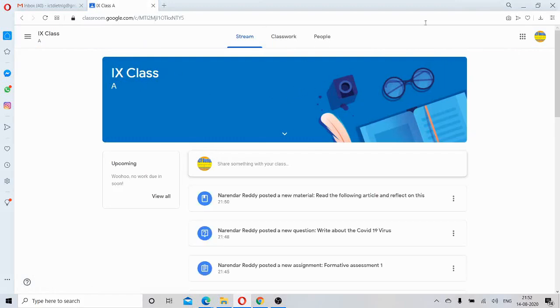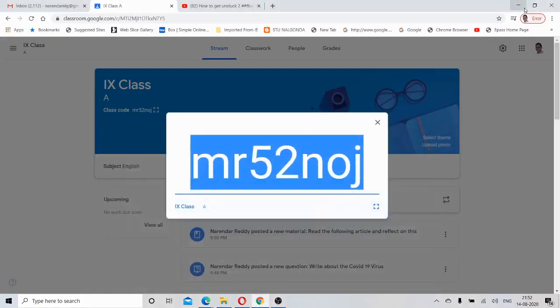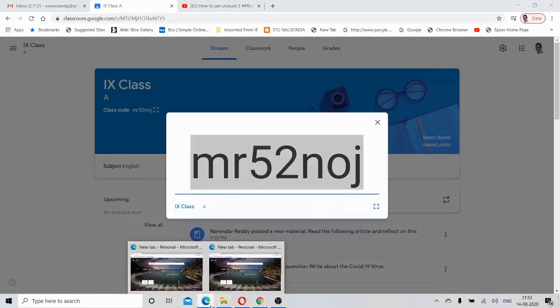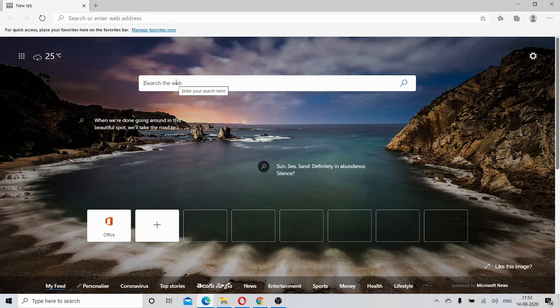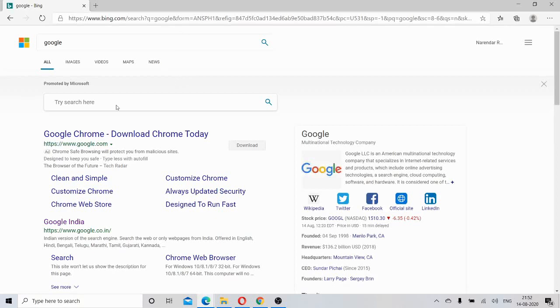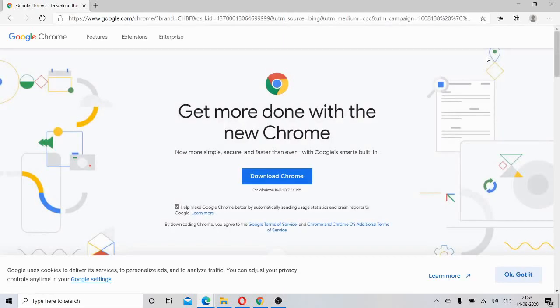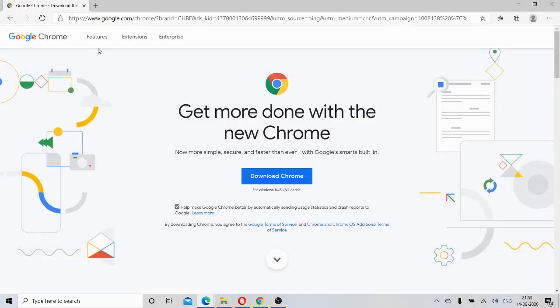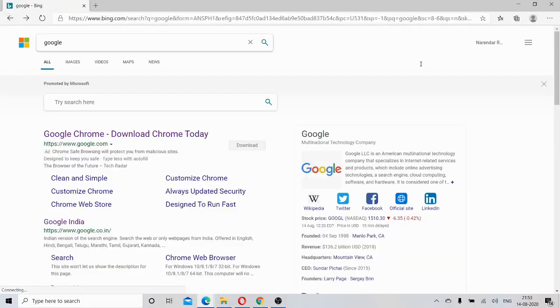This is from one account. Now I want to show you another account with a different browser. Let me go to google.com. Here I have already signed into the account. I think I already signed into my account, but it's not opening.